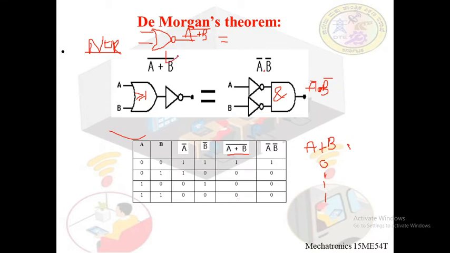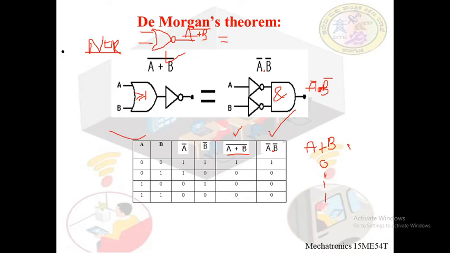So we have finished the left hand side. Let us move to the right hand side. The right hand side is nothing but the product of A bar and B bar. So A bar is here, B bar is here. Let us try to find out the product. 1 into 1 is 1, 1 into 0 is 0, 0 into 1 is also 0, 0 into 0 is also 0. So therefore the left hand side is verified with the right hand side. We have verified De Morgan's first theorem.